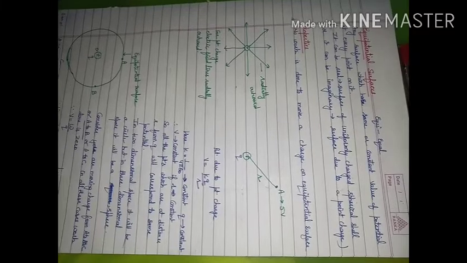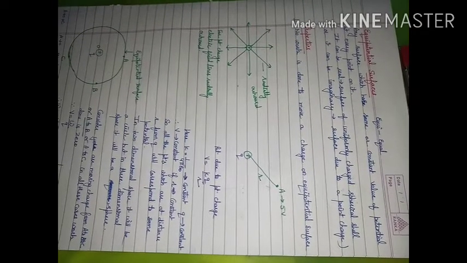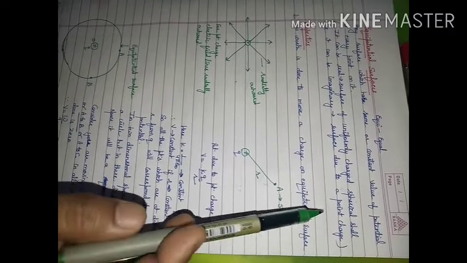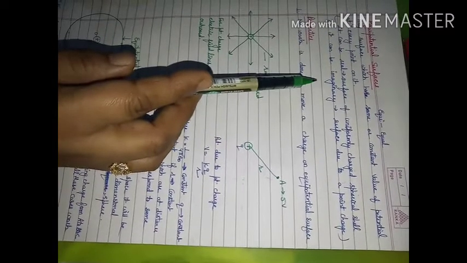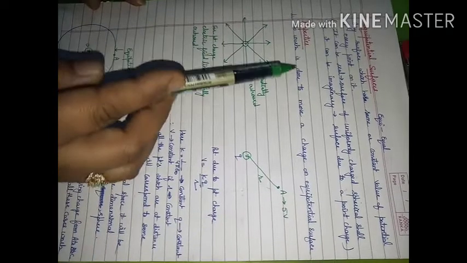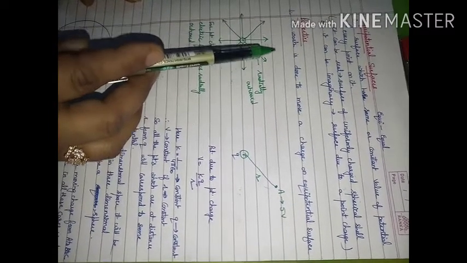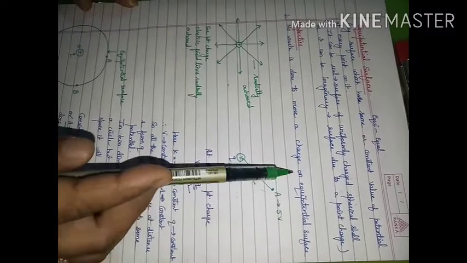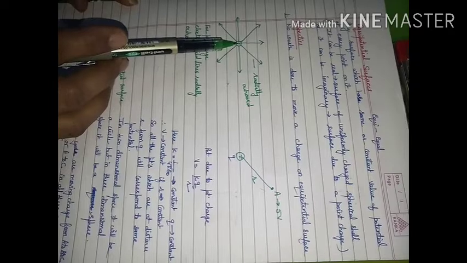If you consider a uniformly charged spherical shell, then you can have a real surface, and if you consider the equipotential surface because of a point charge, then it can be imaginary. Now we have to consider a few properties related to equipotential surfaces. First property, when you are moving a charge on an equipotential surface, then you are not supposed to do any work.